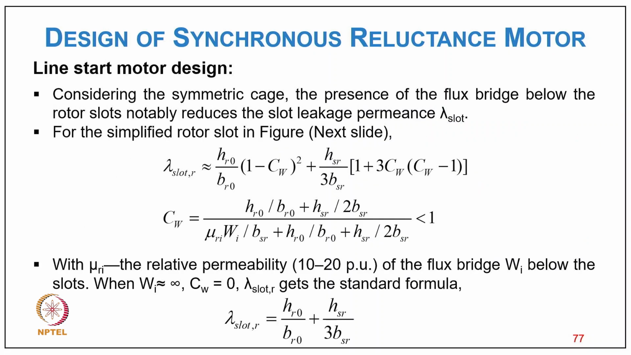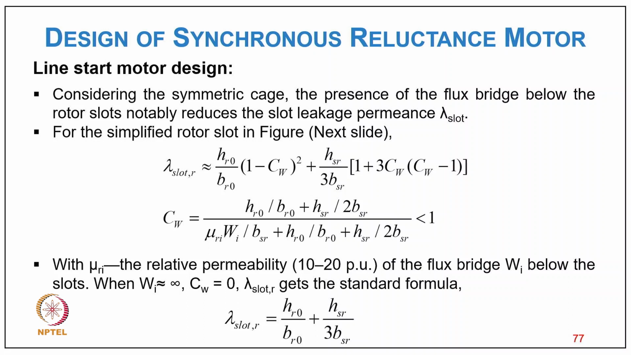So considering the symmetric cage, the presence of the flux bridges below the rotor slots notably reduces the slot leakage permeance lambda slot, and for the simplified rotor slot, lambda slot R equal to HR0 upon BR0 in bracket 1 minus CW square plus HSR upon 3BR bracket 1 plus 3 CW multiplied by CW minus 1 in bracket, and CW equal to HR upon BR0 plus HSR upon 2 BSR divided by mu RI WI upon BSR plus HR0